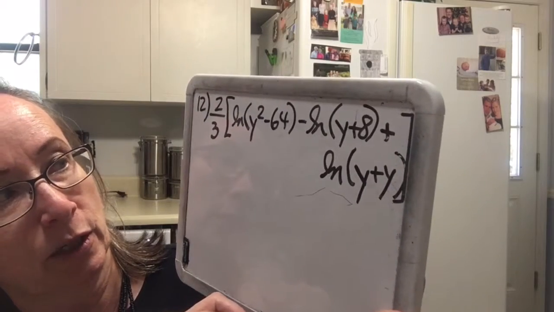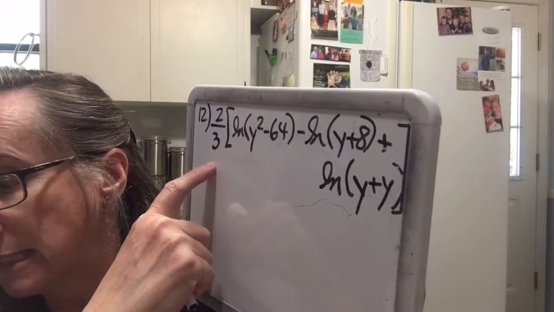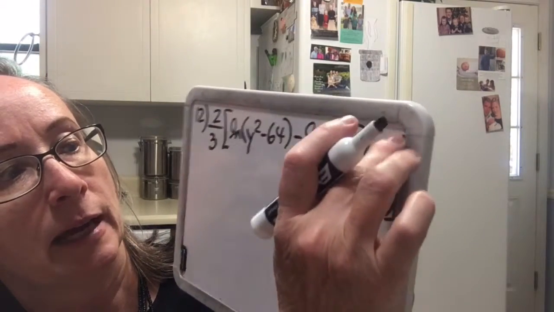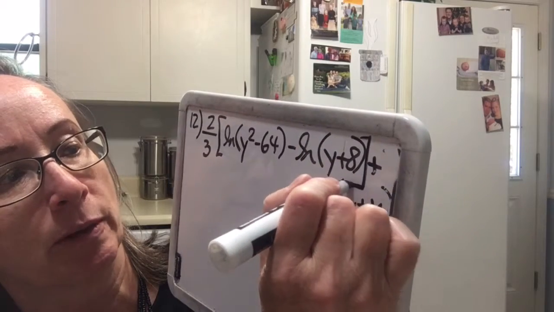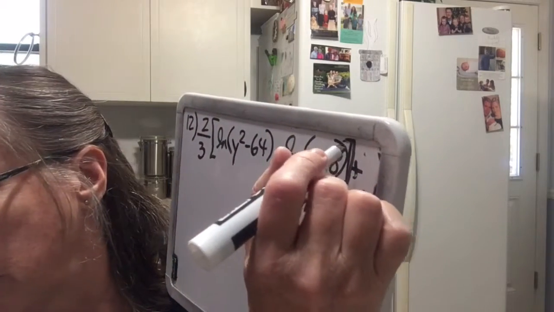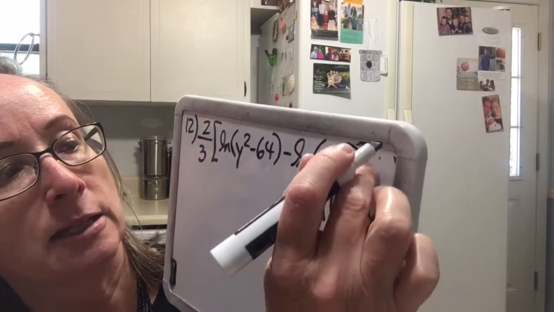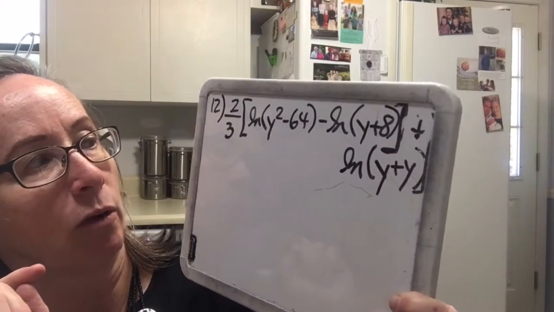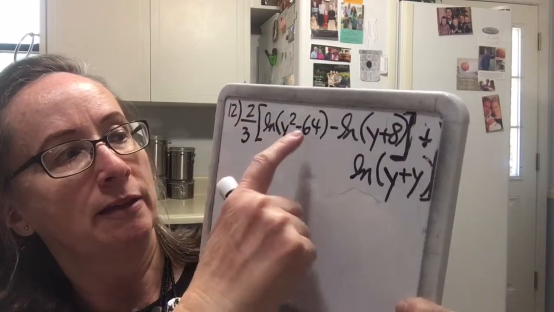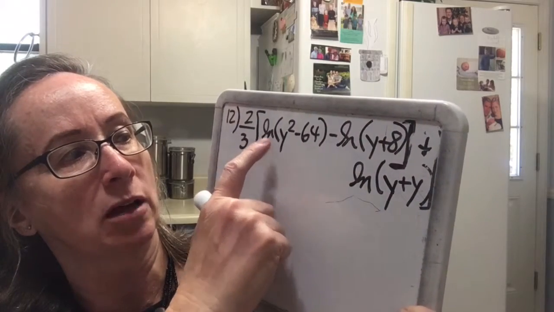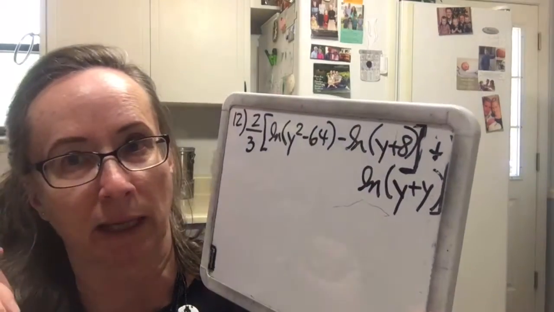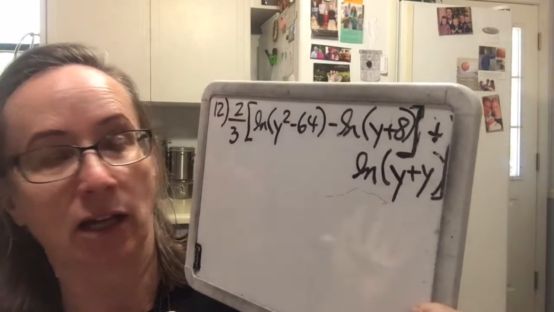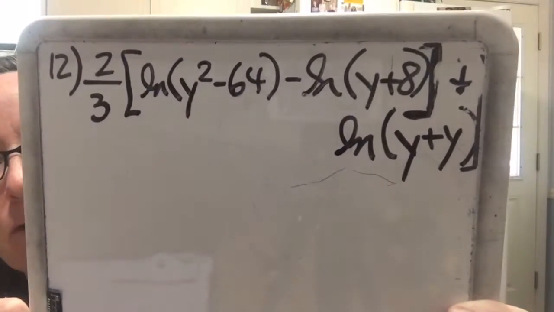So what we're going to do is, this 2/3, this is where the parenthesis closes, right here, and I don't have that in there. So I'm going to close this parenthesis off so the problem is written correctly, because the 2/3 is only applying to this here. So now, don't I have this all written as natural log of something minus natural log of something? So since that inside those brackets is in a good form, I'm going to go ahead and use my